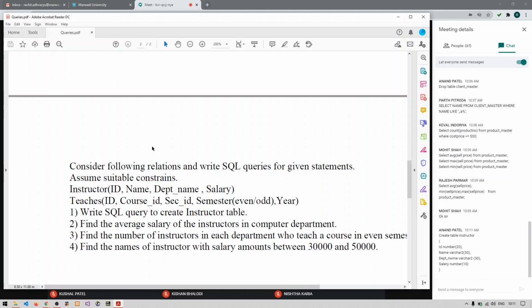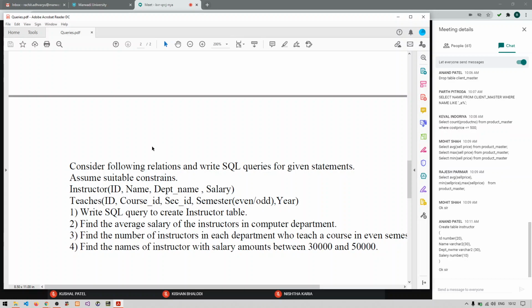Create table instructor, in brackets: id number 20, name varchar2 20, department_name varchar2 20, salary number 10. Right, very good. You forgot the semicolon at the end, Anand. Okay, going for the next.